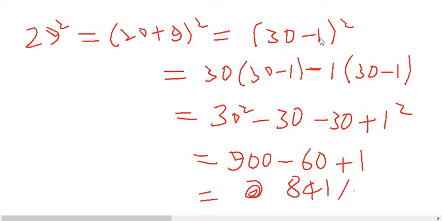In some cases it is more convenient to write it as difference of two numbers, and for that we are going to calculate a general formula for a minus b square. So let's say we have a number a minus b square.